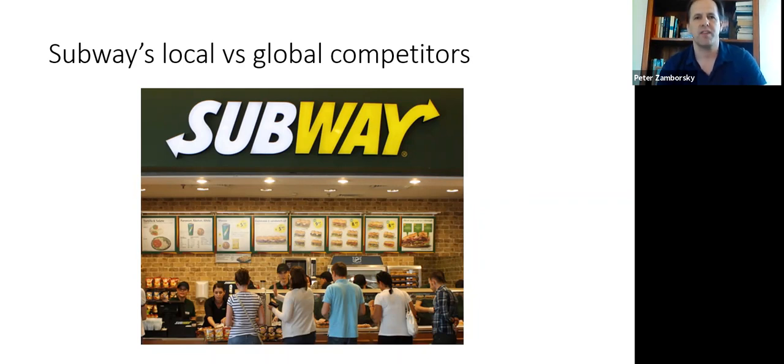So let's start with thinking about a company that many of us are familiar with, Subway in the fast food industry. It's an American firm and competes in a number of markets around the world. One thing to understand in the competitor analysis is that there's 2 classes of competitors. Global, to Subway would be companies such as McDonald's or Kentucky Fried Chicken, with whom they compete globally.